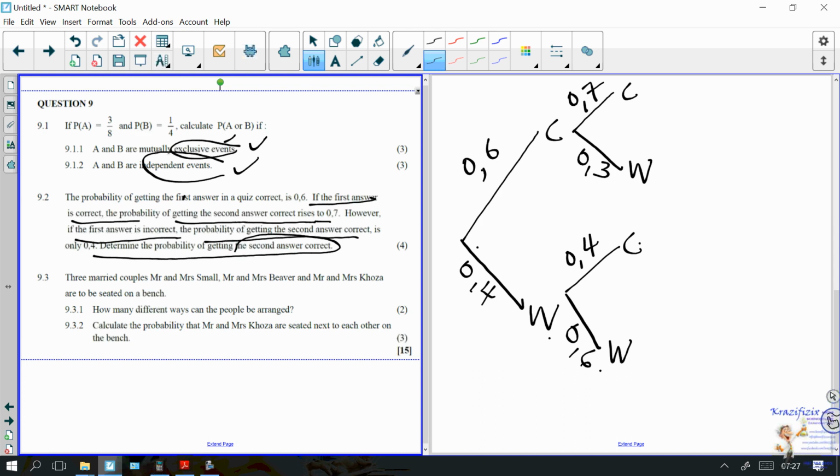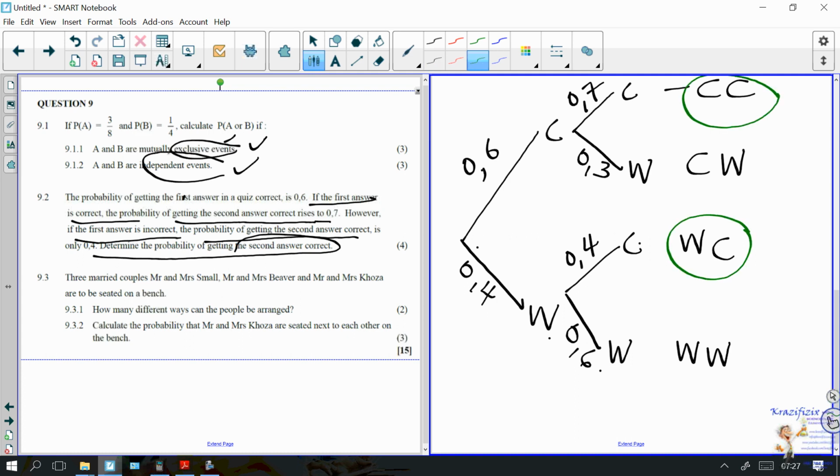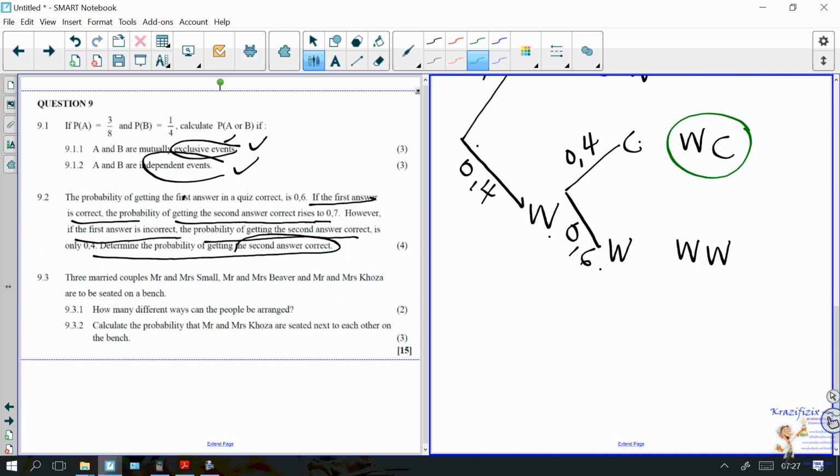Let's quickly check this. This is first answer correct, second correct, first correct, second wrong, first wrong, second correct. Both are wrong. What am I looking for? Probability of getting the second answer correct. It is either this or this. So it is either probability of both correct or, okay, probability of both correct or the first one wrong and the second one correct, which should now be equal